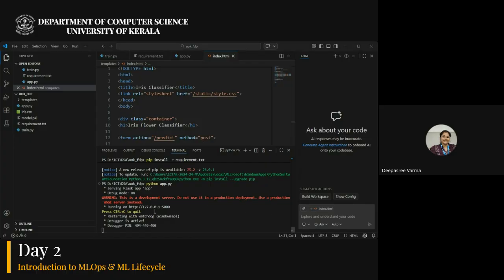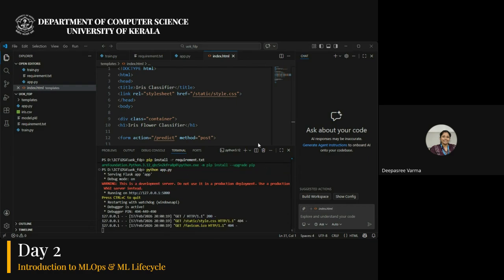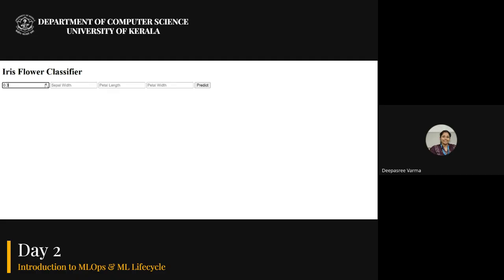Okay, so let us just click here. Okay, so you may see a page like this, an Iris classifier, where you can give some sepal length, sepal width, petal length, petal width, and you can predict.